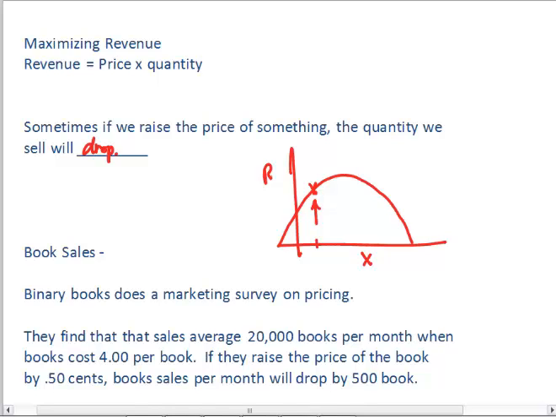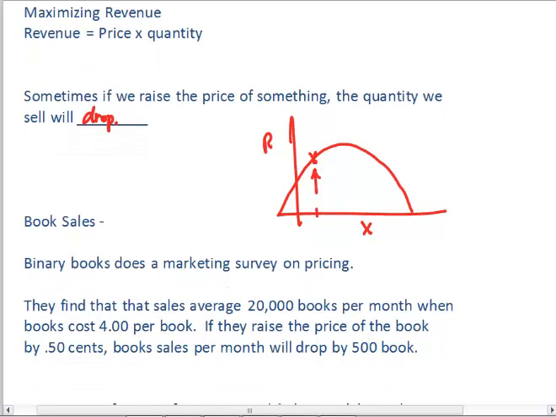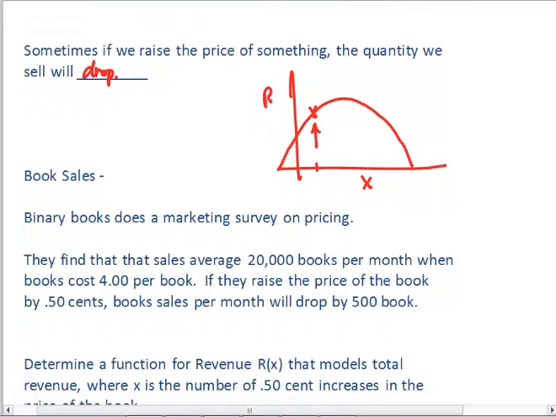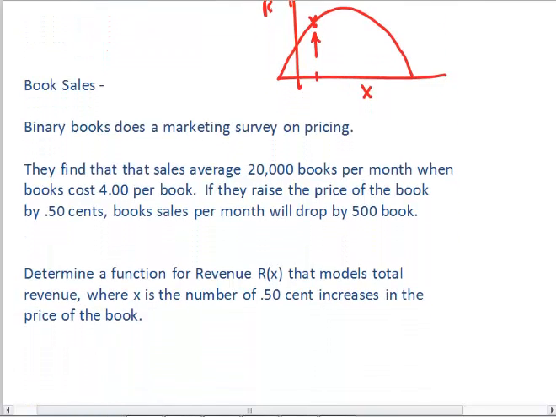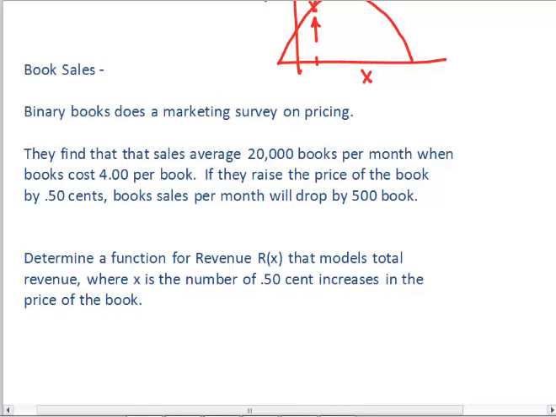So sometimes we'll have marketing studies done that will suggest that if we raise the price, it will change perhaps the number of items that we sell, but it might increase the amount of revenue that the company brings in. So we have an example here, just a fictitious company. It basically says Binary Books does a marketing survey on pricing. They find that sales average